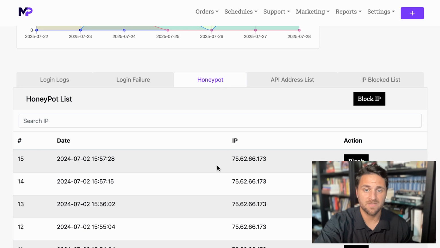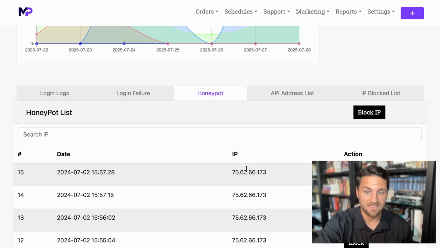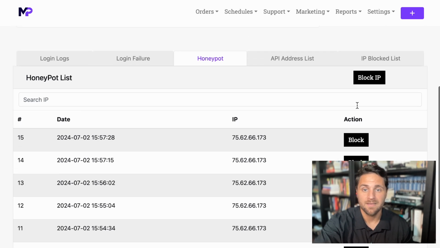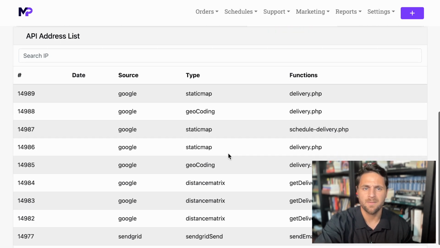On the honeypot tab, you can see all the honeypot traps we've had, what IP address it was coming from, time-stamped, and then you can block them individually. But if you don't wanna go through each individual honeypot, you can actually hit block IP up here and it'll block them all. API address is usually something that customers don't have to worry about, but it's just telling you